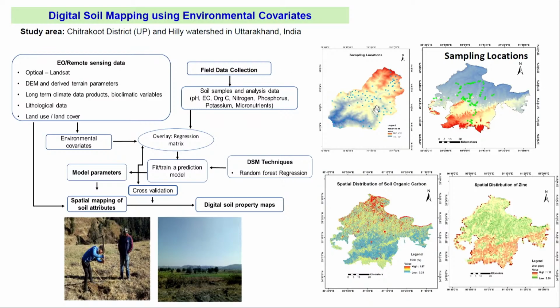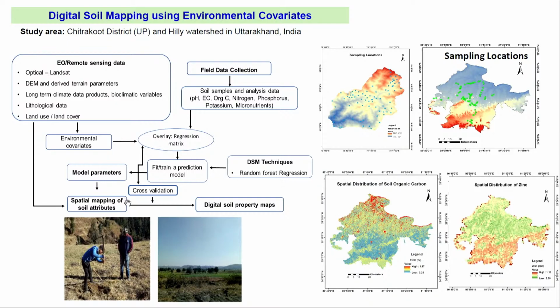In the field, you have collected the soil samples. Suppose these are the sampling locations shown here. I have collected the soil samples and analyzed the soils for pH, EC and other soil parameters. Then you did the relationship between these by regression analysis. And then you use the digital soil mapping technique, the random forest regression method. And by doing this, you can generate the map, for example, property map of soil organic carbon distribution, spatial distribution